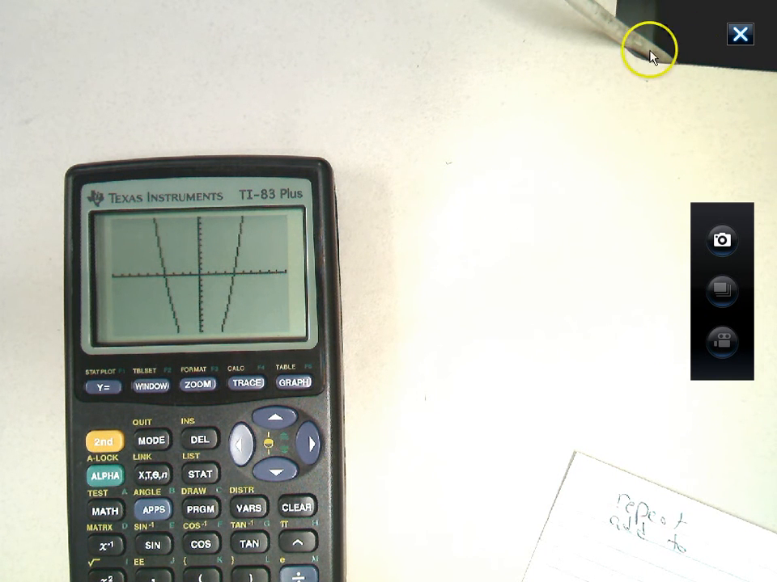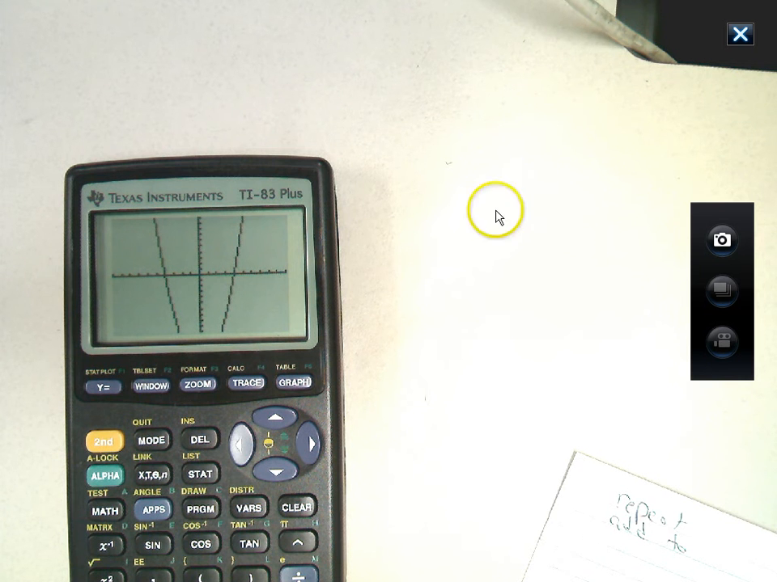So here, when I count over 1, 2, 3, I have 4. So it crosses the x-axis at 4. It also crosses at negative 4. So again, my solutions here are 4 and negative 4. I can go plus or minus 4. Positive 4, negative 4. Don't just put one, you have to put both, because they are both solutions to the quadratic